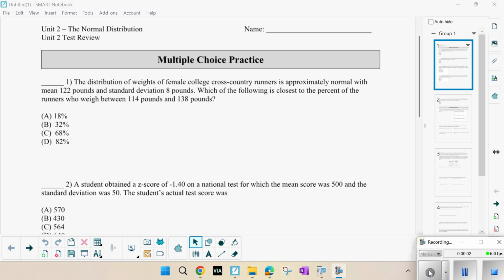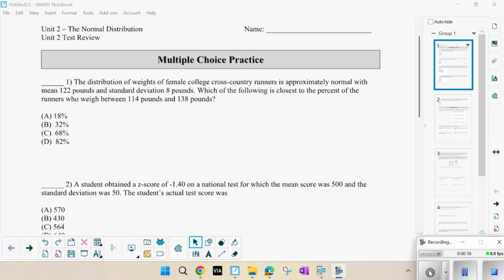Okay, here's the quiz review for 2.4 to 2.6. Number 1, the distribution of weights of female college cross-country runners is approximately normal with a mean of 122 pounds, standard deviation of 8. Which of the following is the closest to the percent of the runners who weigh between 114